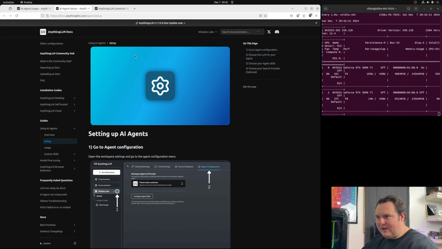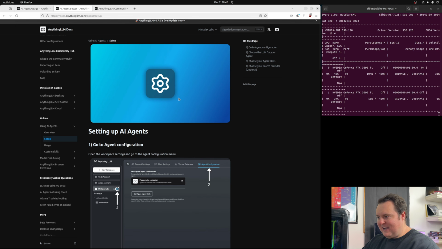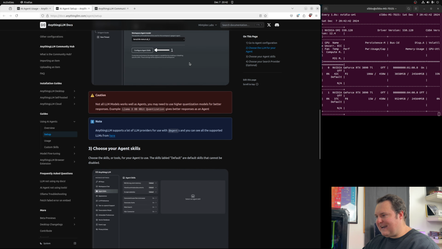Now, something I quickly want to touch upon is how the agents are actually working. AnythingLLM is not actually responsible for the pass-fail rate of whether the agent accomplishes a task or fails a task. But as we can see here in the setting up agents section in the documentation, there is a big caution warning that says not all models work well as agents. You may need to use higher quantization models for better responses. For example, Llama 3.1 8B 8-bit quantization gives better responses as an agent. And one of the reasons is that